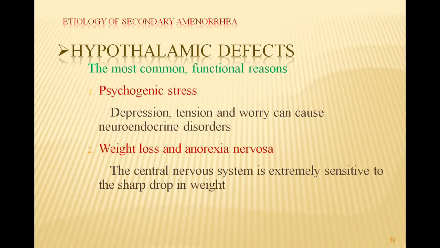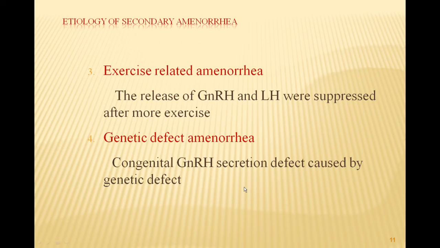Of the hypothalamic defects, psychogenic stress is the most common. Depression, tension, and worry can cause neuroendocrine disorders and then cause amenorrhea. The central nervous system is extremely sensitive to a sharp drop in weight, so weight loss and anorexia nervosa can cause amenorrhea also. The release of GnRH and LH is suppressed after excessive exercise, causing no ovulation and no menses. And congenital GnRH secretion defect can cause